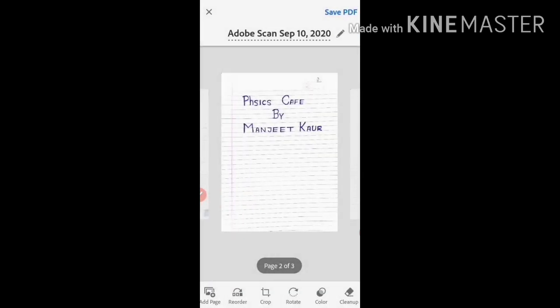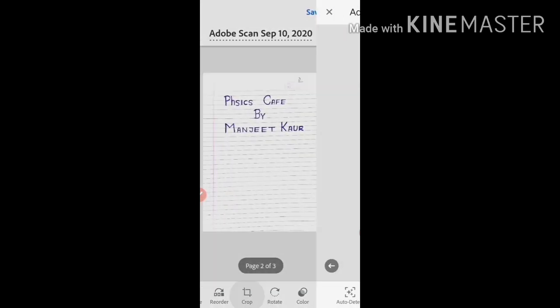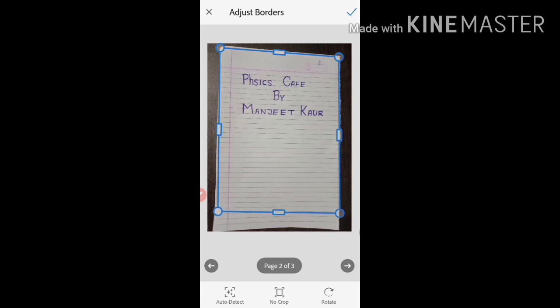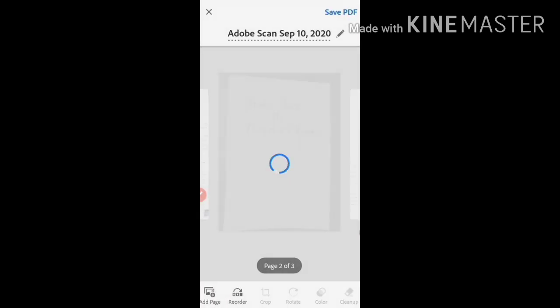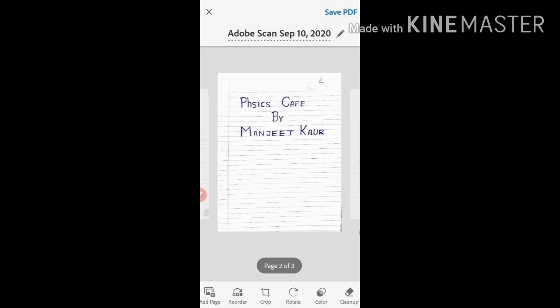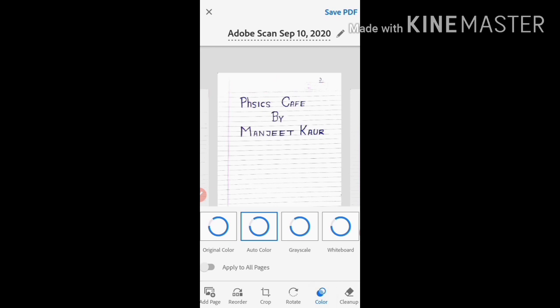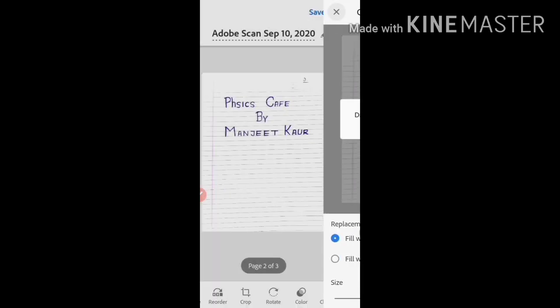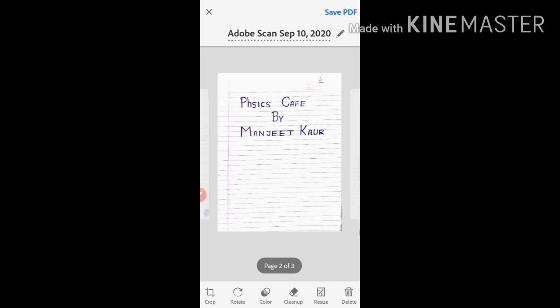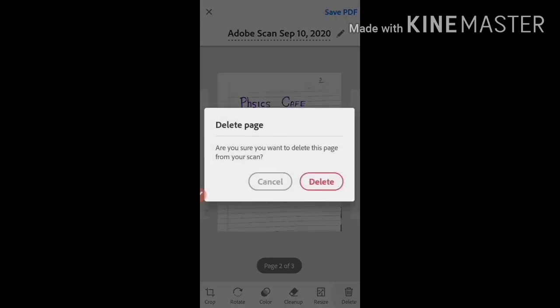Similarly you can crop the image like this, and this is rotate 90° clockwise. This is for color and this is for cleanup, and similarly this is for resize and this is the delete icon. If you have to delete any page you can click here and it will automatically delete from your document.